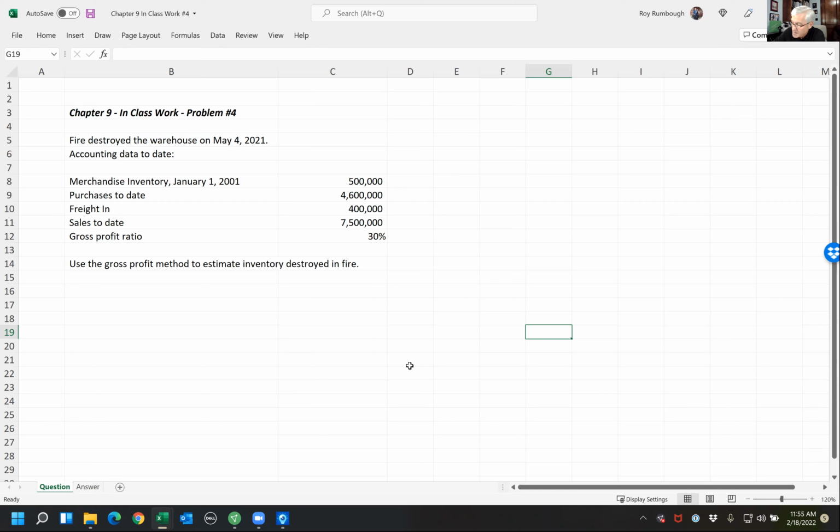Plus purchases, 4,600,000. Plus freight in, 400,000. It's the same as the last problem. So available for sale equals, okay,